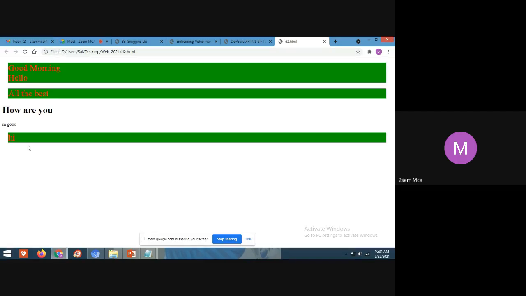Is it looking like a container only? That's why I have used the word container. Students, don't get confused about why she is using the word container. It is creating a space, and in that space, whatever data you want to display, you can display. Understood? Yes, ma'am.